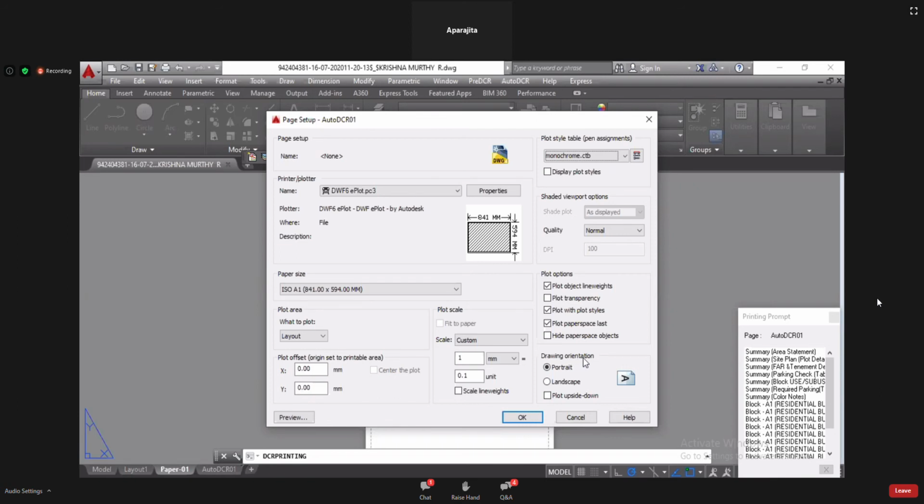Drawing orientation should be according to your paper format. Like if you select paper format as landscape, then you have to select landscape. Check unit scale, then click on OK.